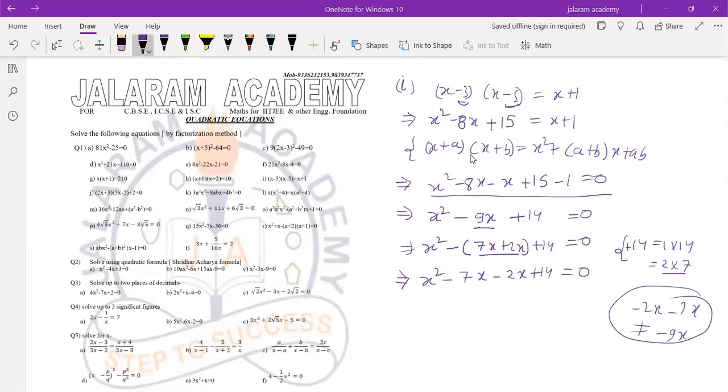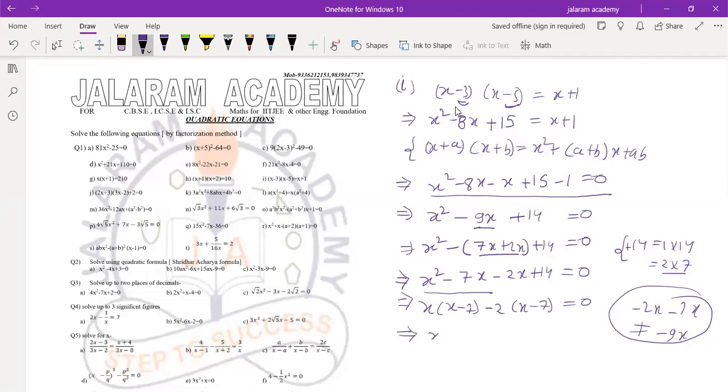Yes, ask your doubt. Sir, I did not apply the bracket, I directly wrote x² − 7x − 2x. Look at this. Don't use that directly. Usually you solve the question wrongly. I have seen it several times. Now if we take x common from the first two terms, it is x(x − 7) − 2(x − 7) = 0. It is not compulsory to apply the brackets, but it ensures you solve the question correctly. This is the importance of bracket.